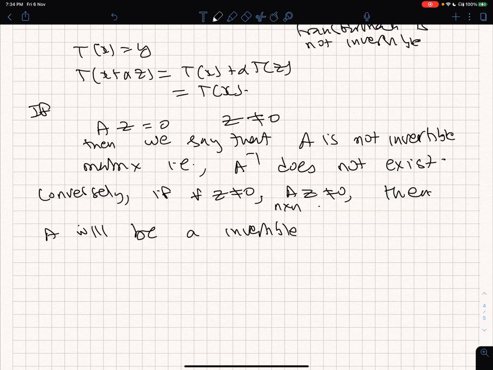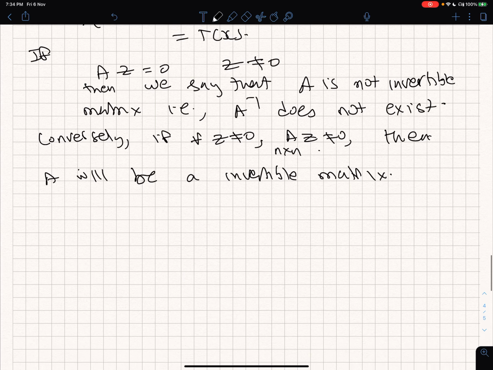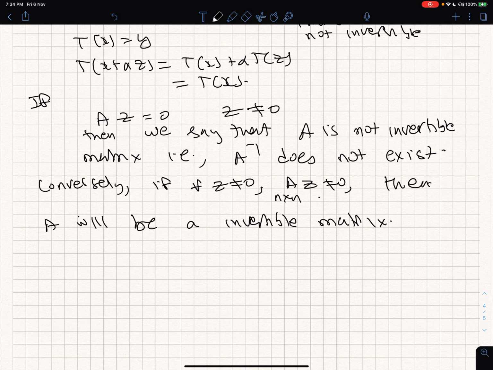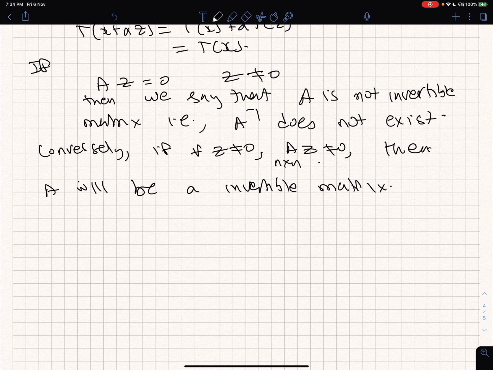I am not immediately proving it, but just stating to you that A will be an invertible matrix. For the time being, let me continue with what I was doing, which is: when is A invertible and when is A not invertible. So let me first revisit the definition of eigenvalue